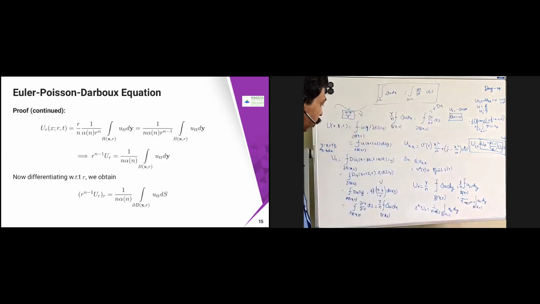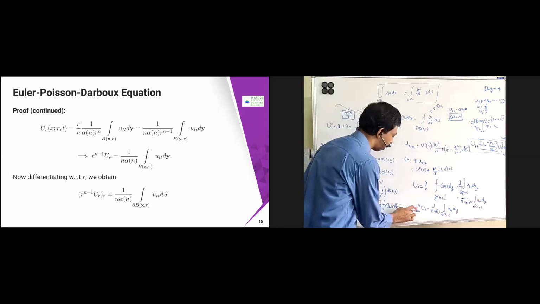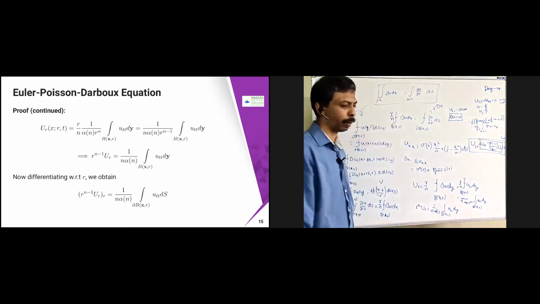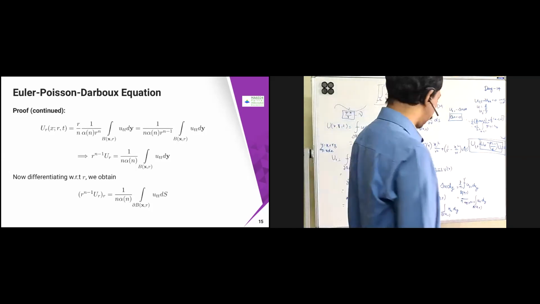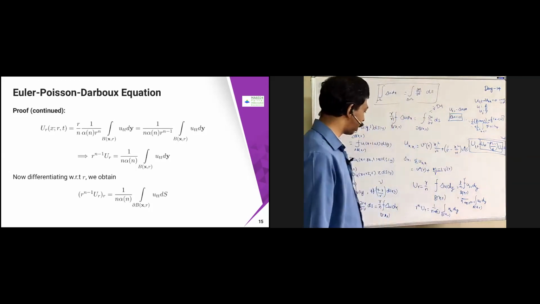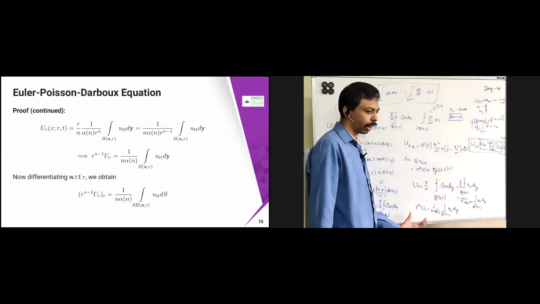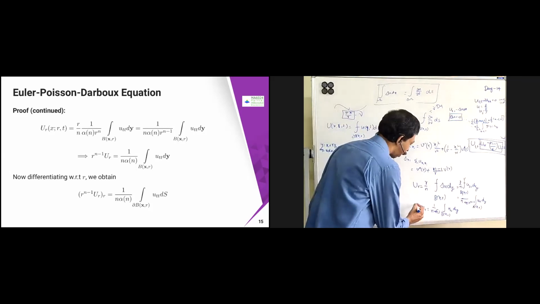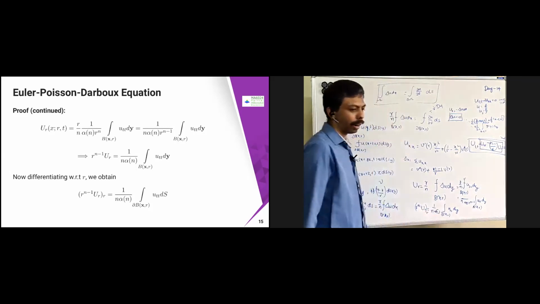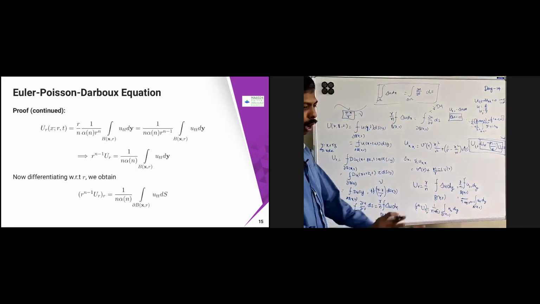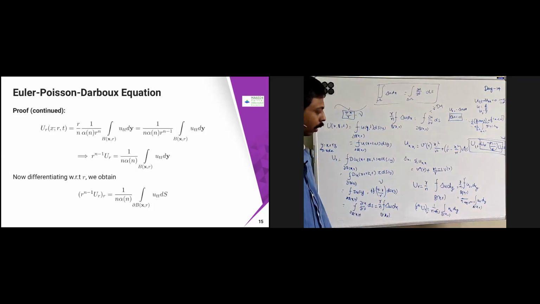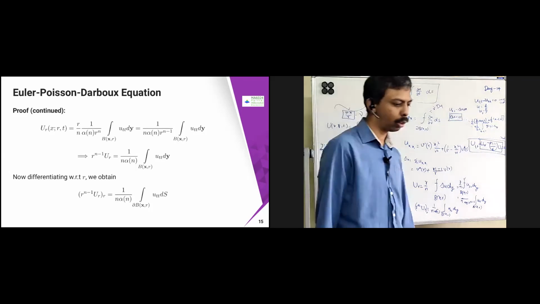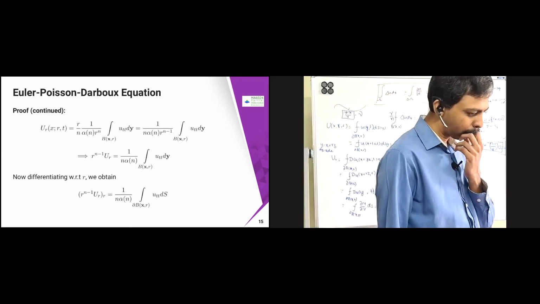Fine. Okay, r power n minus 1. This is r power n minus 1. Now again differentiate this with respect to r. If you differentiate with respect to r, on the right hand side there is no r term there, n alpha 1 b of x, dou b of x comma r, no other terms. r power n minus 1 into dou b of x comma r.